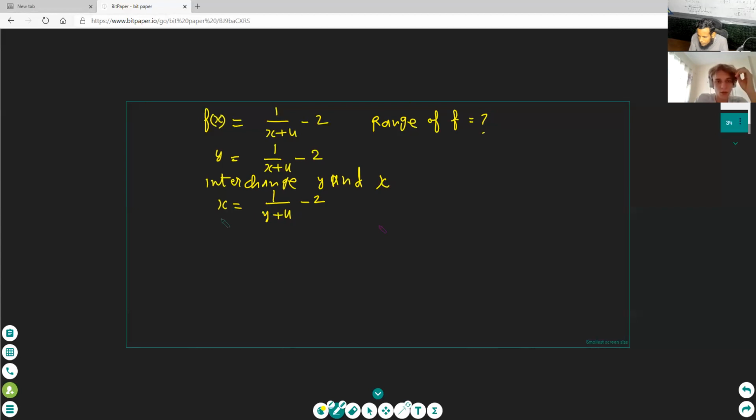Yes, but I wrote the same thing. You have written this thing, not this thing. Now you are right. You are also writing f inverse and other things. I say you should first write x and y, okay? And after this you find new y. Can you find new y here? Yes. New y will be f inverse, and the domain of new y will be the range of the first f of x, okay?